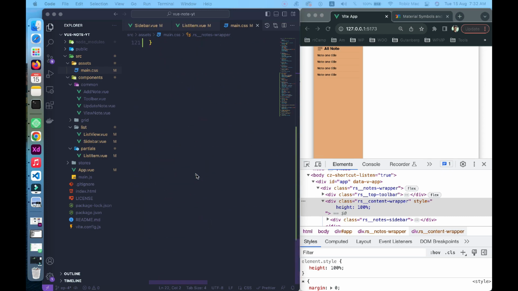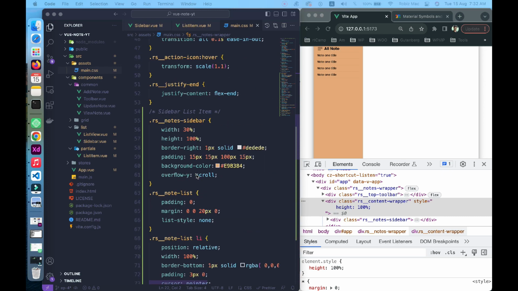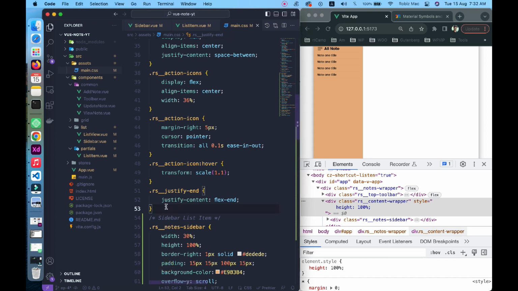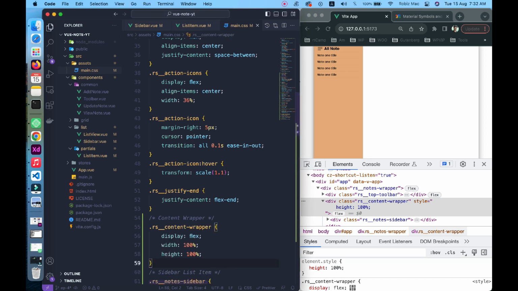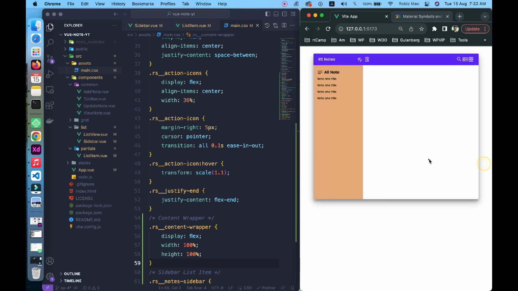So let's, okay, above the sidebar list item you can just paste this. All right, so it should fix it. Let's close that down. Yes,